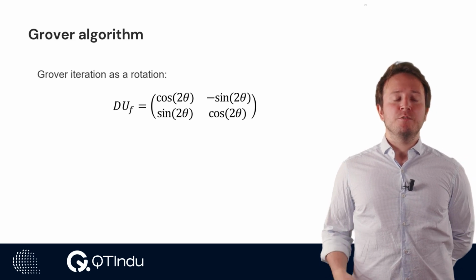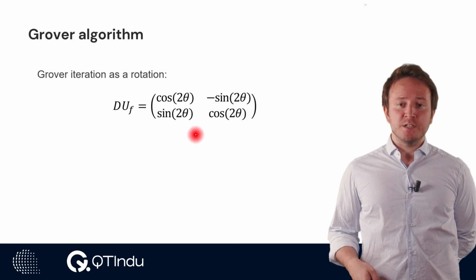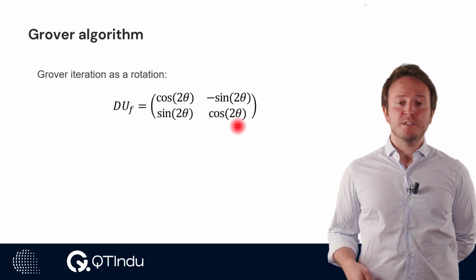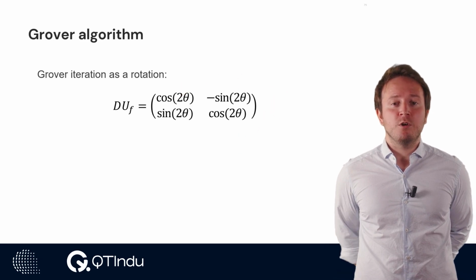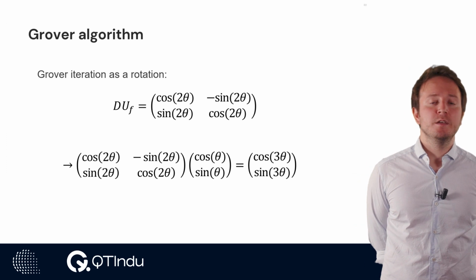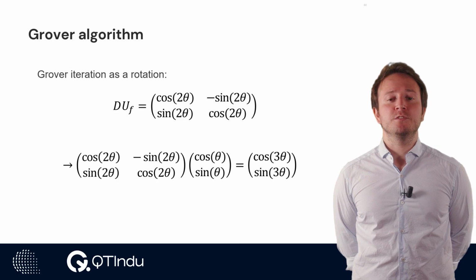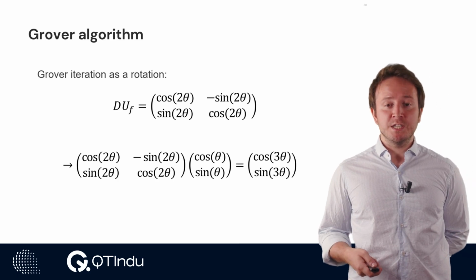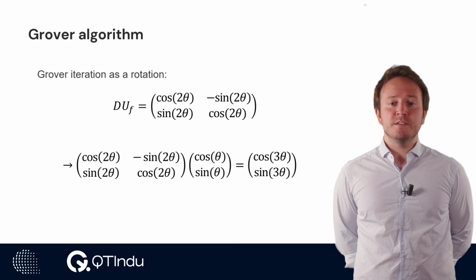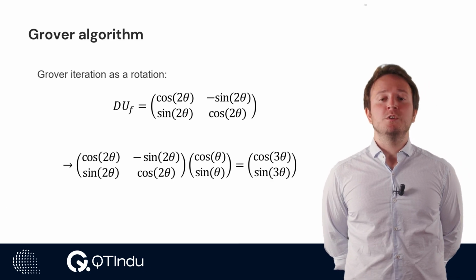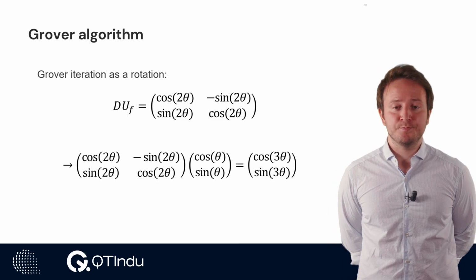As we saw, by combining the Grover diffusion times the oracle call, we can construct a rotation matrix that rotates the states y and x0 by an angle of 2 theta. When we apply this rotation matrix, or the Grover iteration, to the initial state, which was the combination of cosine of theta y and sine of theta x0, then what we get at the end is exactly cosine of 3 theta y plus sine of 3 theta x0.